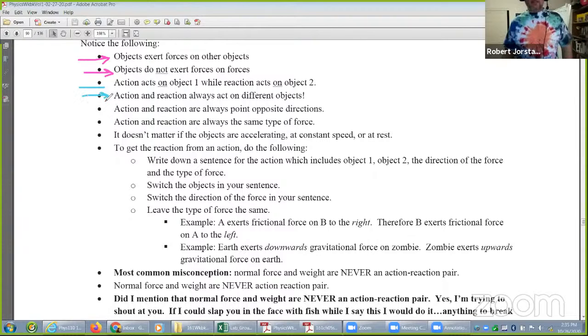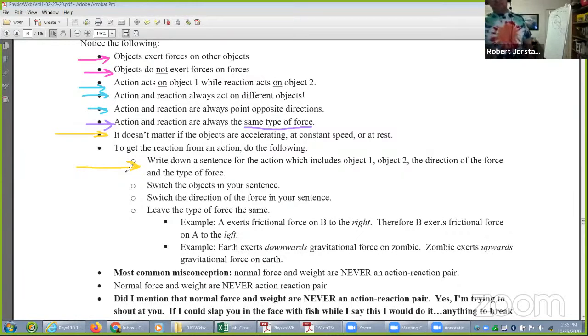Okay. Next, what do we got next here? This is one that Esteban kind of pointed out. Action-reaction are always on different objects. And they, I guess, point in opposite directions. I've hammered this one all day. They're the same type of force, always. And interestingly enough, look at this cool thing down here. This is true if the objects are accelerating, at rest, whatever. It doesn't matter. So what is my recommendation? This is what I've been telling you all day. Write down the objects and the force, and then the direction, throw it in. And then all you have to do is switch the objects, switch the direction, leave the force type the same,